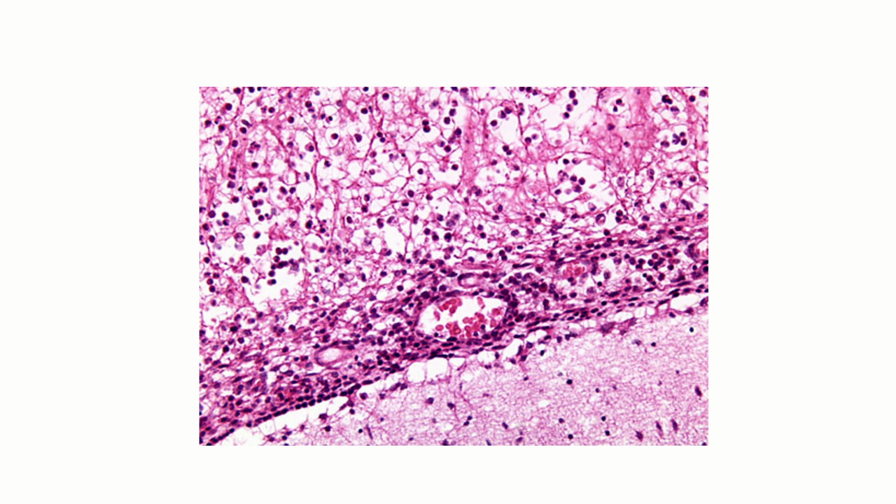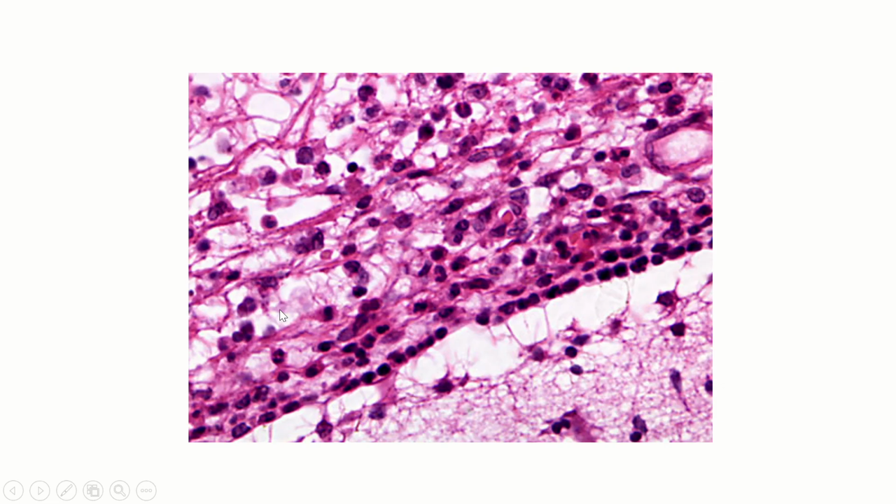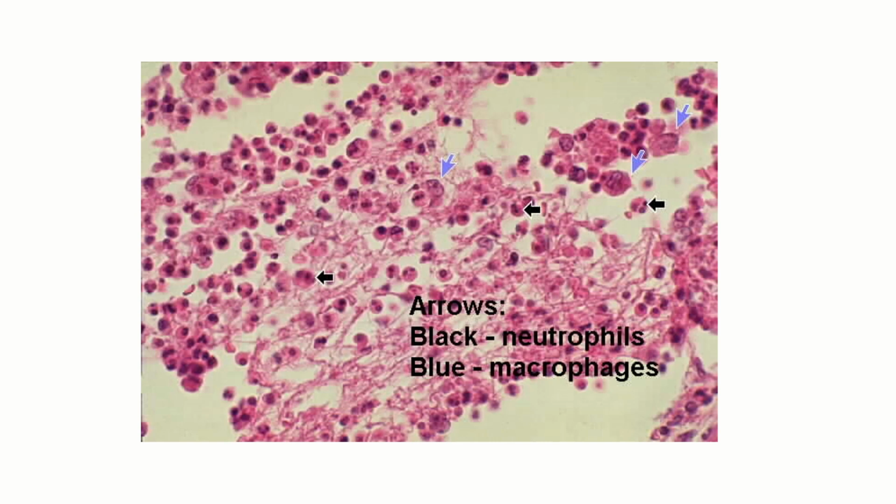When you go for microscopy, this is your normal brain parenchyma. This whole area is normal brain parenchyma. This is your layer of meninges, and you can see acute inflammatory cells lying within the meningeal layer. Going to a higher power view, this is your layer of meninges, and you can see these are all neutrophils infiltrating the meningeal layer. So this is a case of acute pyogenic meningitis.